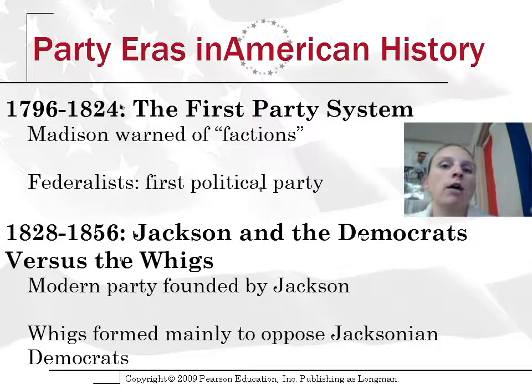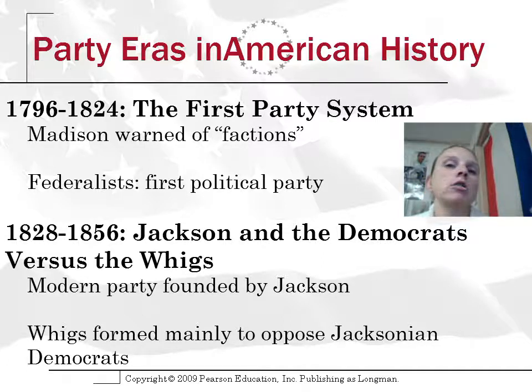All right, the first party era we ever had was known as the first party system. Very original and very creative. It was from 1796 when Washington got elected until 1824, which was the end of James Monroe's term. Madison was afraid that we were going to have factions, but he realized that liberty is to faction as air is to fire. You've got to have it, that feeds into it and gives us liberty. So they did have the Federalists and the Democratic Republicans. Those were the two political parties in the first party system. But the Federalists were the ones that really ruled for a little bit, and then it switched over to the Democratic Republicans for the last 3 of the 5 presidents during that period.